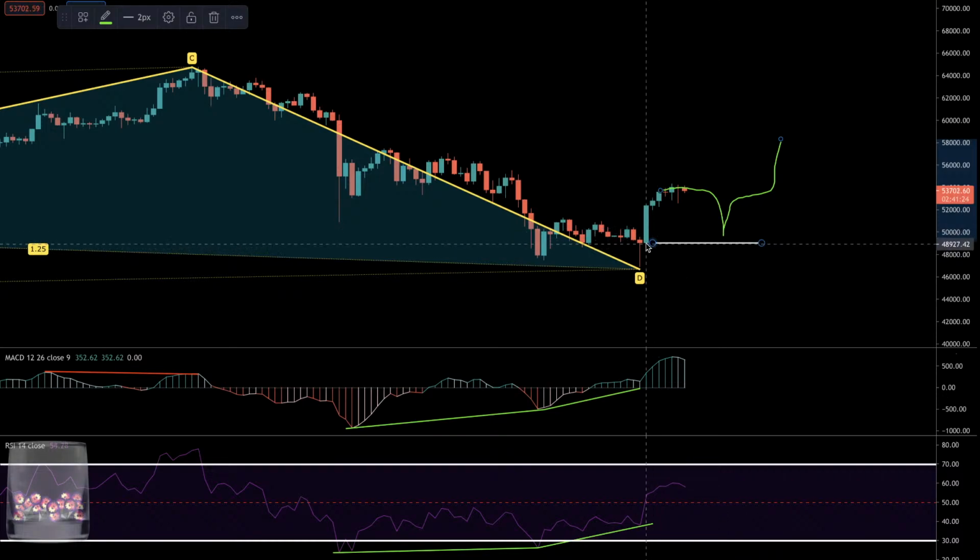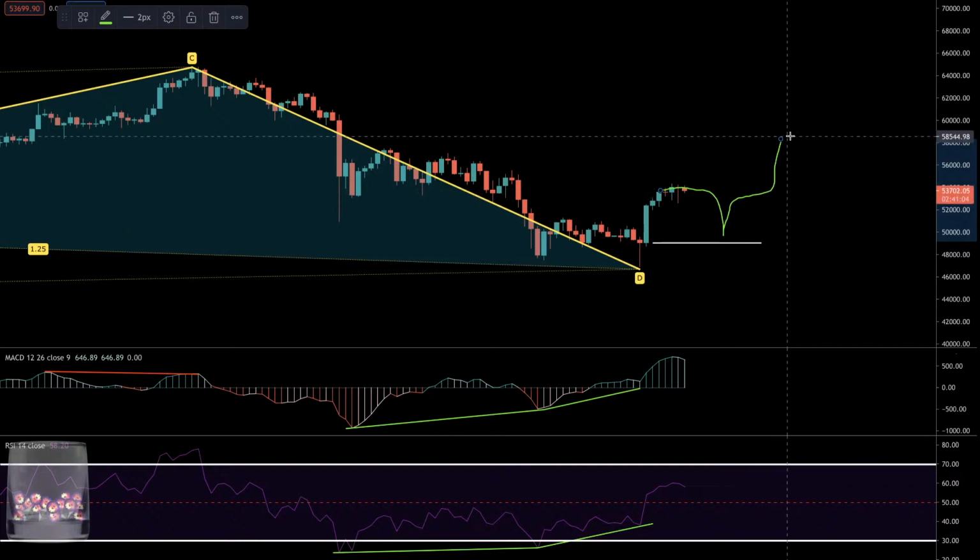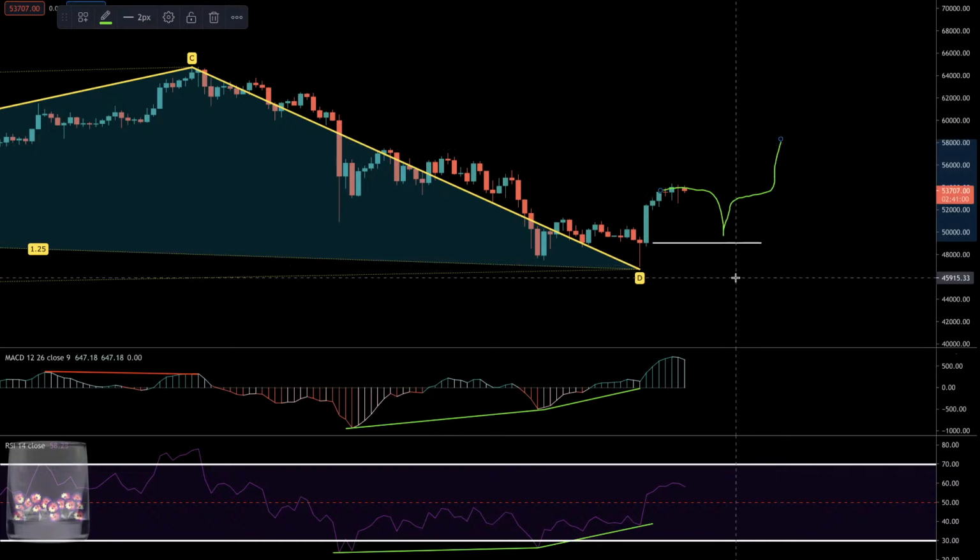All you're doing is squaring up a level where the exchange can get out of that trade at a break-even price. Price action goes back in the hands of market participants. They push, because the bulls at this point we feel are in control. They push price back up right where they had it and continue on with the plan, right? So